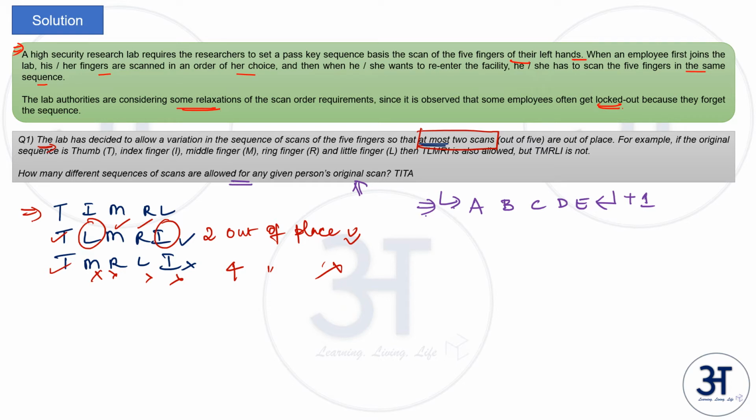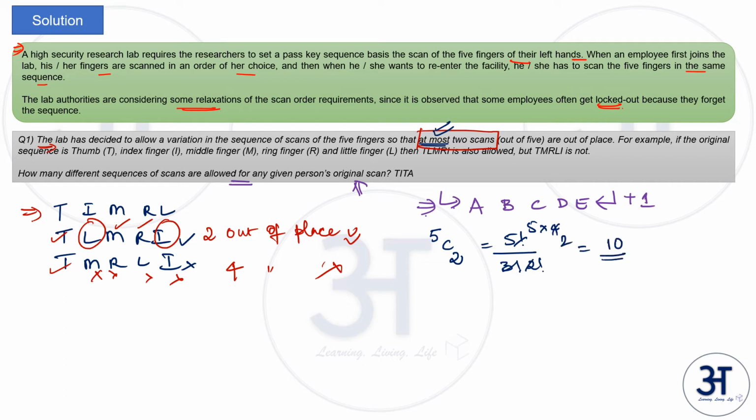So once you're clear with that, let us see how you can have at most 2 scans out of place. So is it possible for one scan to be out of place? It is not possible, right? Because if one scan is out of place, something else must take that scan's place. So it's not possible to have one scan out of place. So that means we need to find pairs of 2 among these 5 so that they can be out of place as compared to the first one. So how do you do that? It is simply 5C2, right? That is 5 factorial by 3 factorial into 2 factorial.